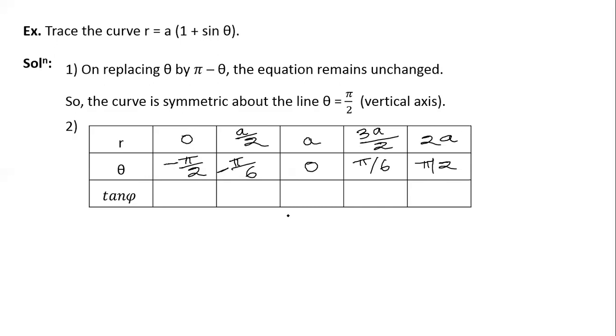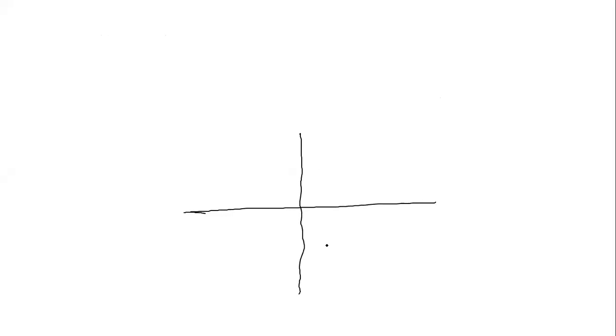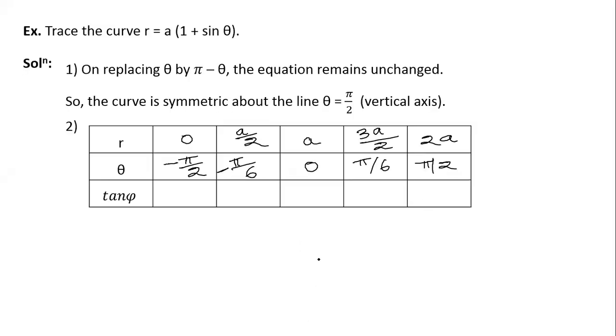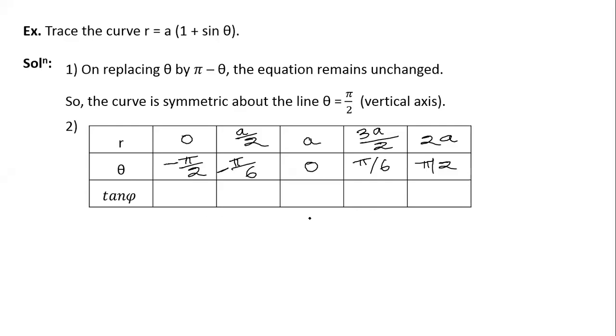I would like to immediately plot the points here. Now see friends, this is the polar origin, and from that theta equal to minus pi by 2, minus 90 degrees, and here r is equal to 0. This is the thing. So the first point is theta minus pi by 2 and r equal to 0. Here r is equal to 0 and theta equal to minus pi by 2.